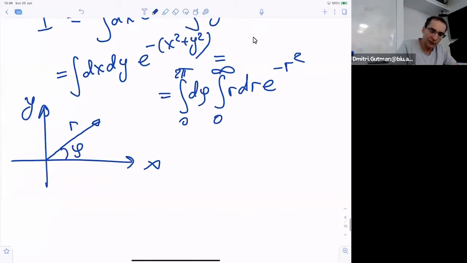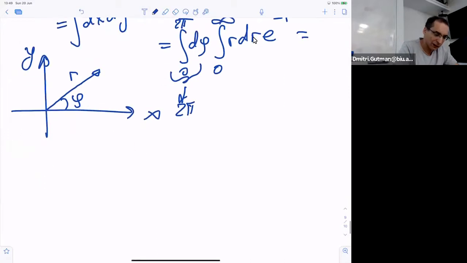And then this part of the integral yields 2 pi. So we end up having 2 pi times the integral from 0 to infinity r dr, exponent of minus r squared,